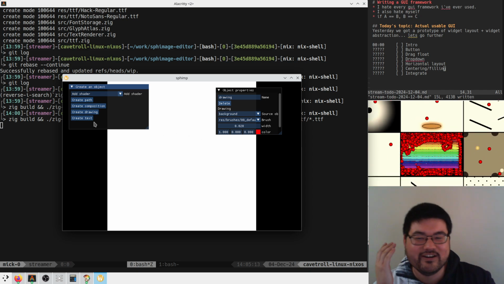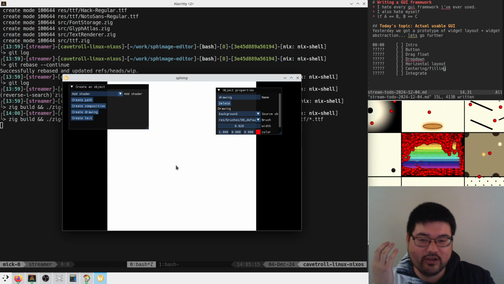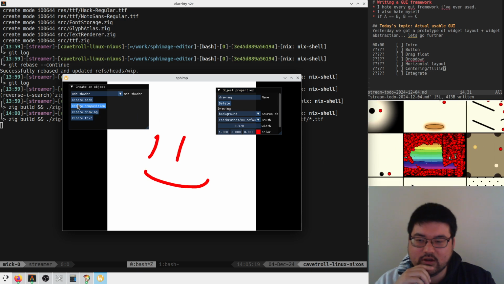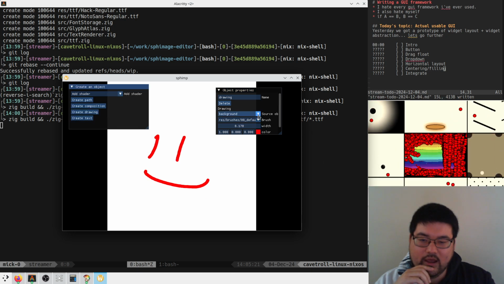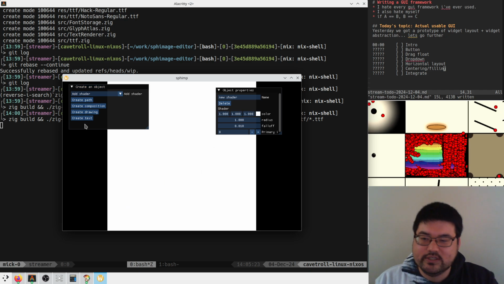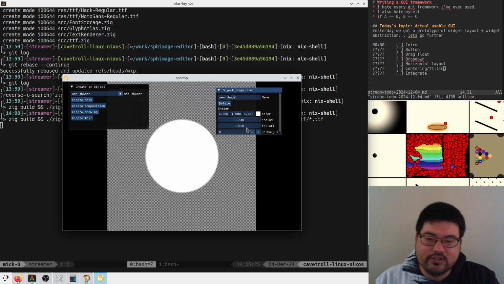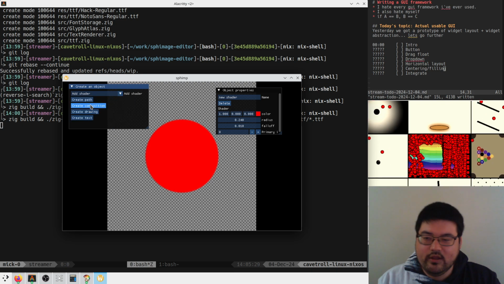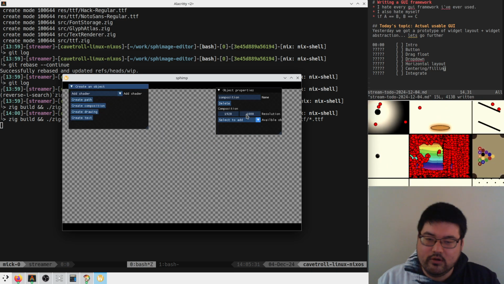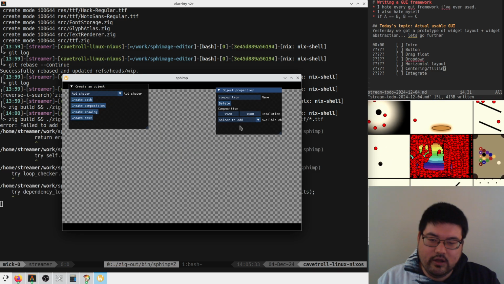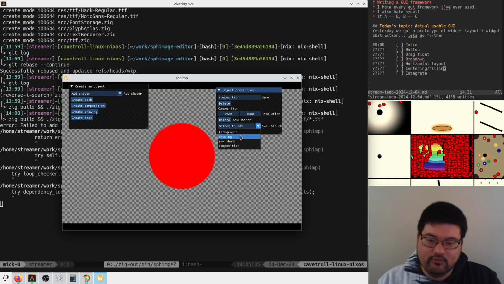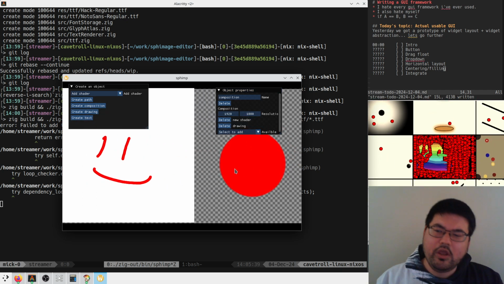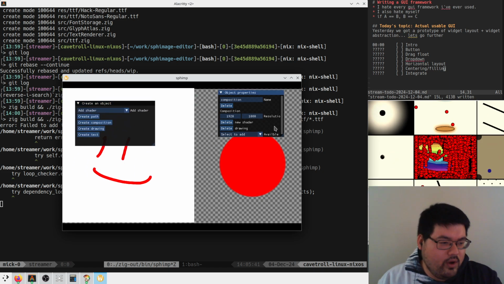So this is our image editor. We have the ability to draw pictures in this thing. Smile, right? We have the ability to generate custom assets with shaders, so we can go, here is a circle, and I can change the color of them and stuff. And we can composite those things together into here. We can go, give me the shader and give me the drawing, right? We can put these things together, whatever, right? We have kind of UI widgets